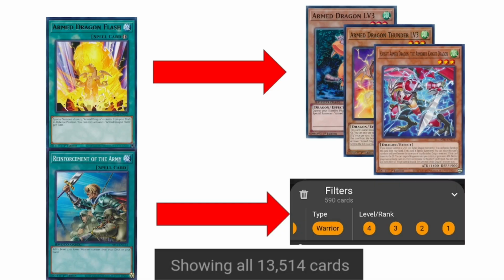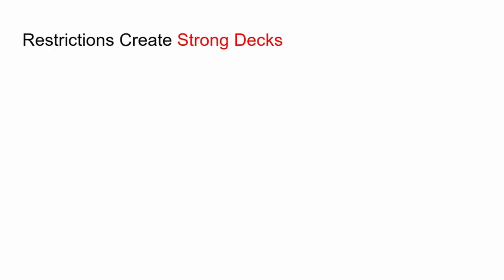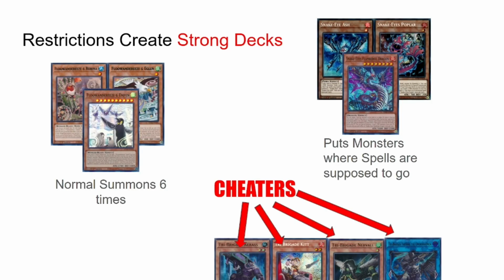The card pool Rhoda can search from is nothing compared to the 13,000 other cards that exist in the game. The point that I'm trying to illustrate here is that the more specific that a card is, the stronger it's allowed to be. Certain decks are allowed to do insanely broken things as long as they are the only ones able to do so. This gives some insight into how the ban list of Yu-Gi-Oh works, which is a topic